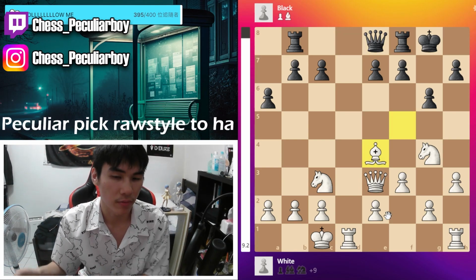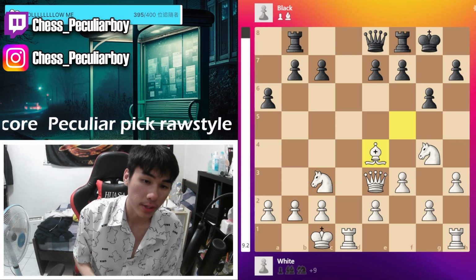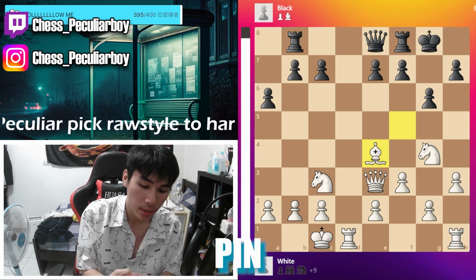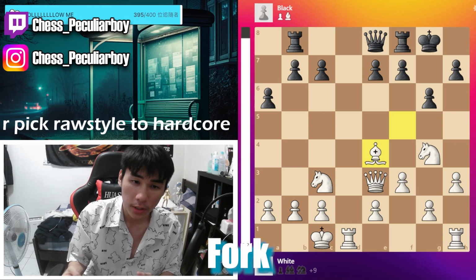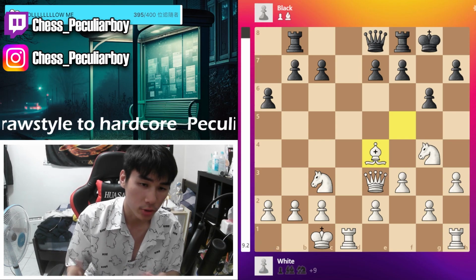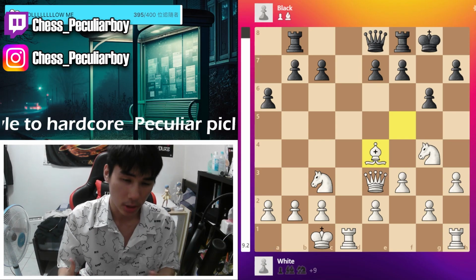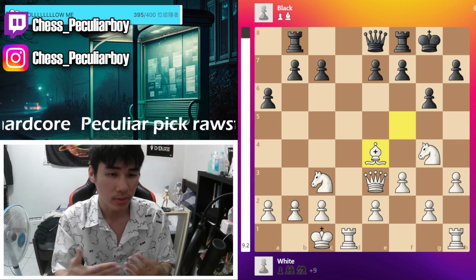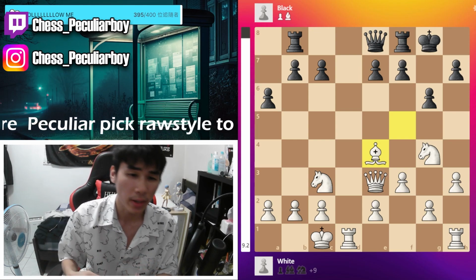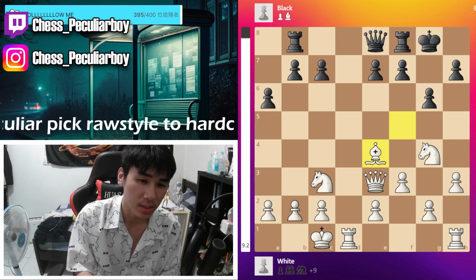Power of discover. So today we actually look at 3 examples. We have pin, we have discover, we have fork. There are all very useful tricks, or I say turns, in chess. So next time, if you see that similar patterns, you can utilize them to win your opponent's pieces or even